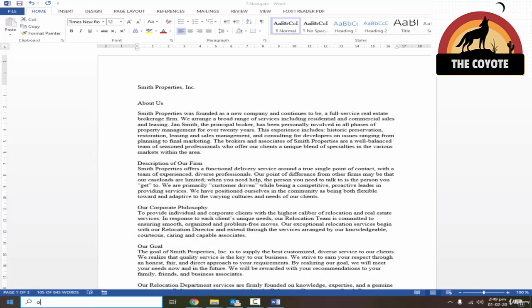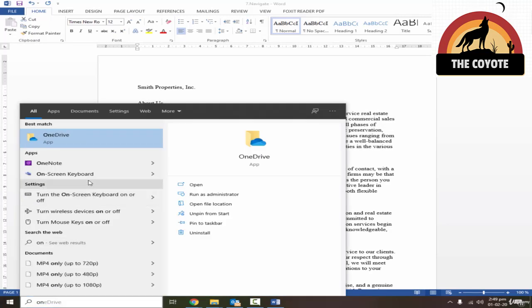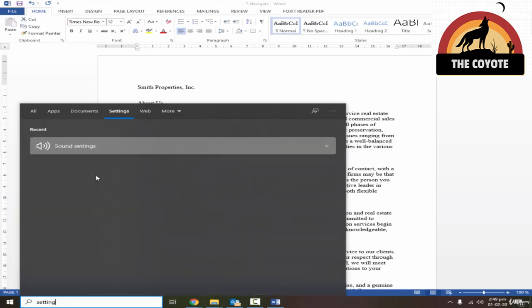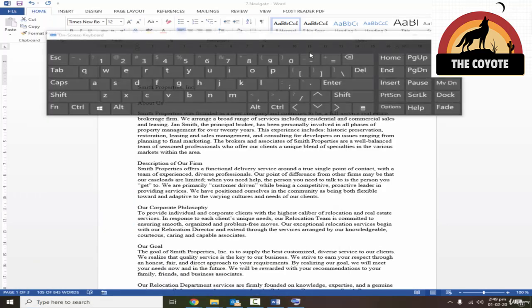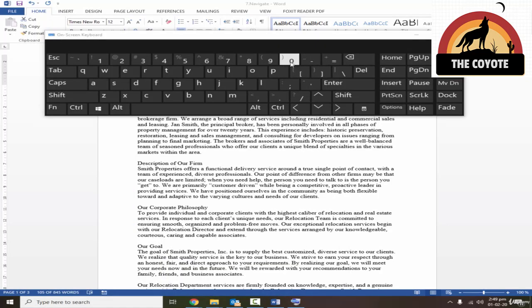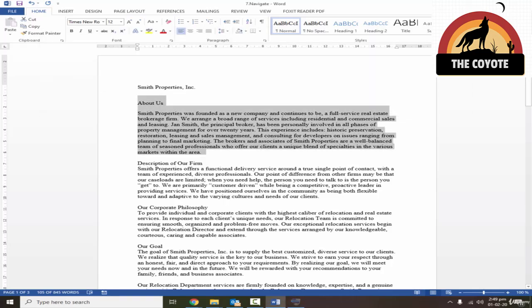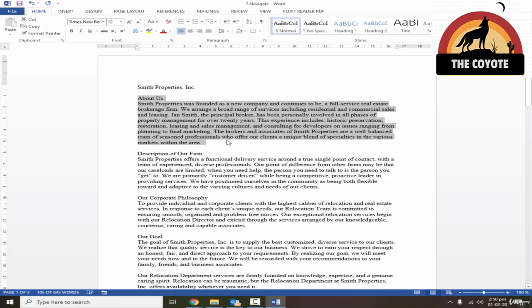Let me show you which portion. While pressing 0, just use this 0 instead of numeric keypad. Because sometimes numlock is not on, so that's why it doesn't work. So this is how you can create a space above the heading and below the heading. Similarly, if you want to remove the space, just select the document and press Ctrl 0 again. It will go back to the original position.